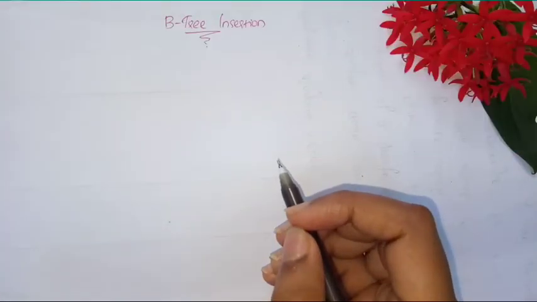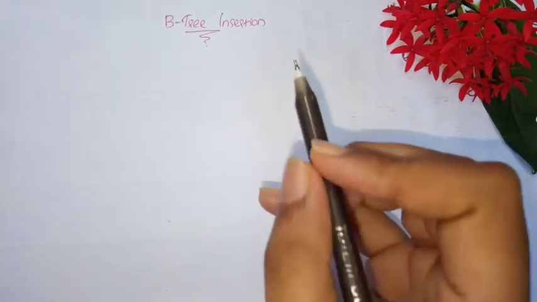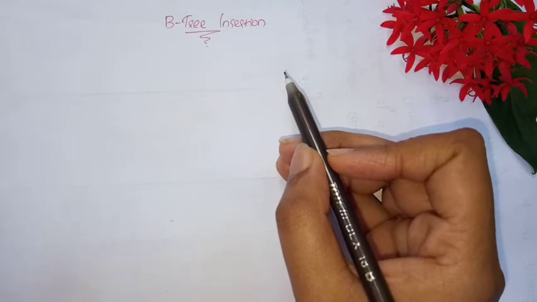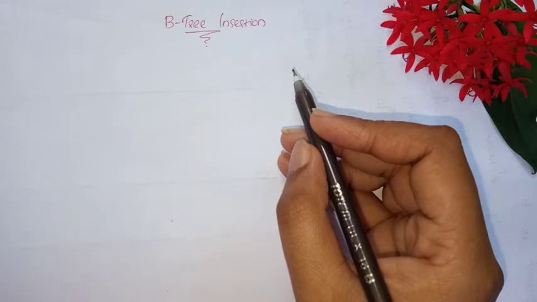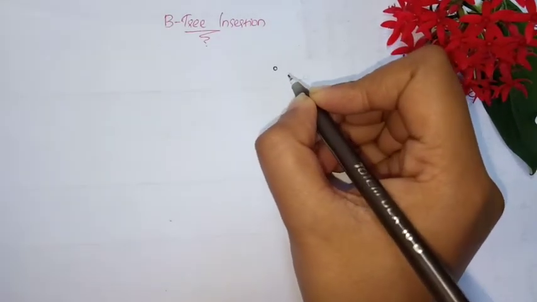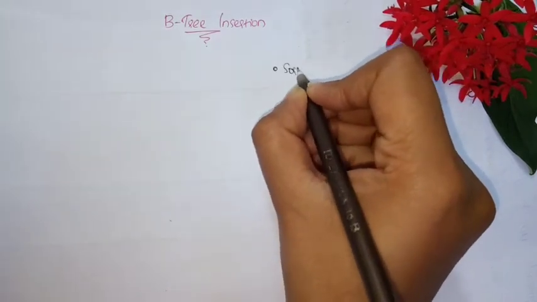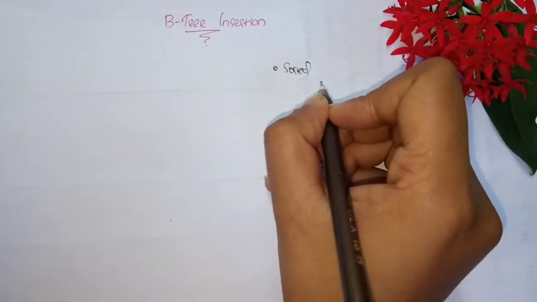A B-tree is actually a tree data structure that keeps the data sorted in each and every node. That is, in the case of this B-tree, each node can store multiple key values. Also, the values or the data that are stored in a single node will always be sorted. So that's the first thing we need to keep in mind when we are dealing with this B-tree. The data will always be in a sorted manner in each and every node.